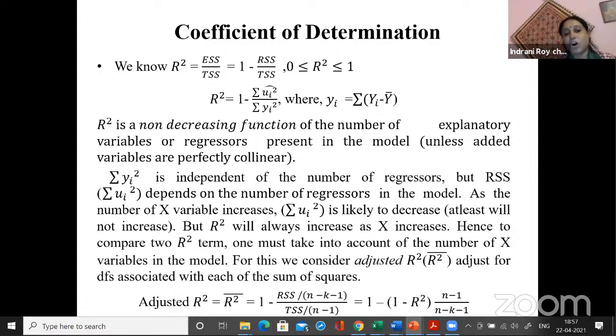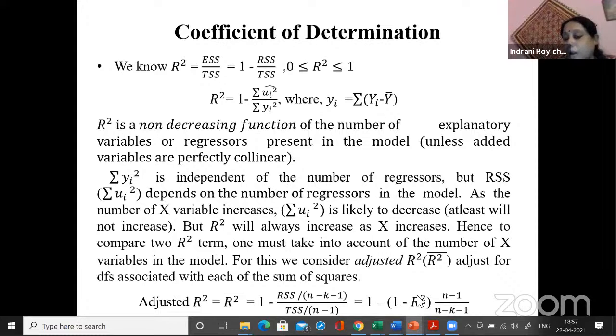And if you lose your degrees of freedom, in that case, your overall goodness of the fit will be affected. So in that case, you have to see whether, in totality, the overall explanatory power is improved through the incorporation of newer variables. So the adjusted R square takes into account both the increase in the explanatory power and the loss of the degrees of freedom. And the formula is very simple.